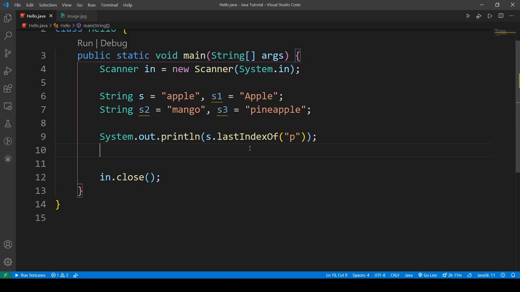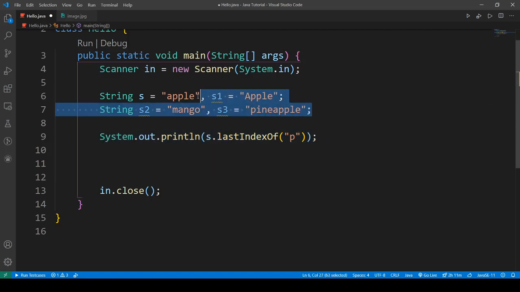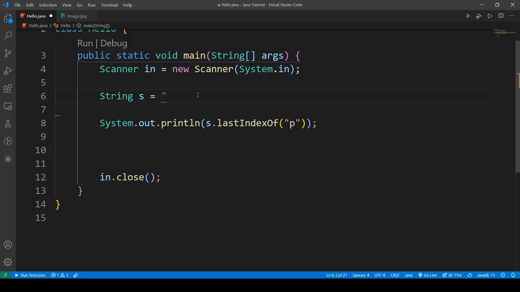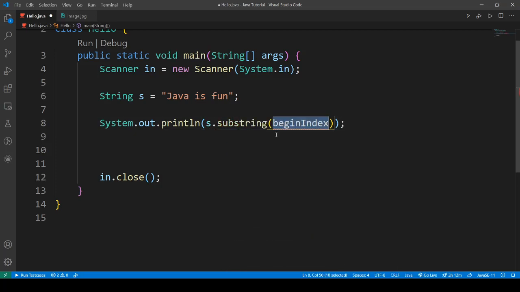Next we have a very important method called substring. I'll make a longer string saying Java is fun. And now substring is used to extract a part of a string. I put starting from 0 till index number 6.